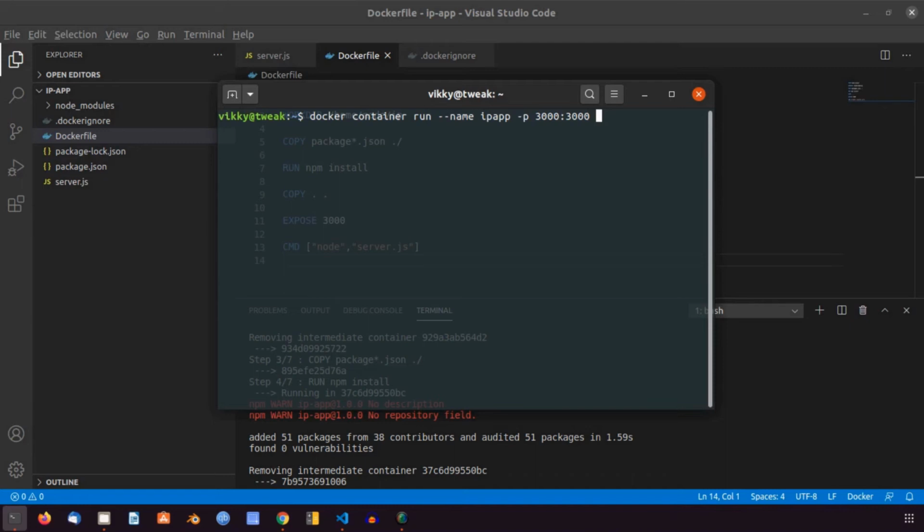So, for this to happen, the container must be provided with a virtual network, and that is going to be taken care of by Docker itself. Every time we create a container, by default, all the containers will be connected to a network called the bridge network. And then finally, the name of the image.